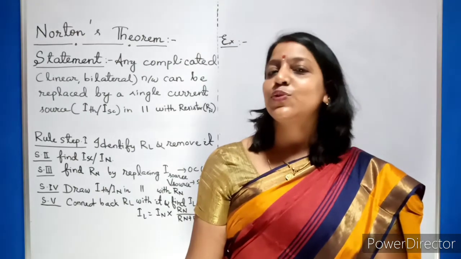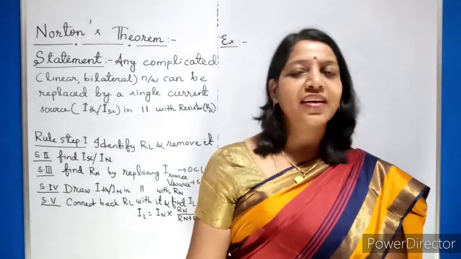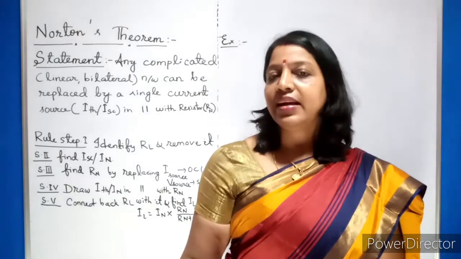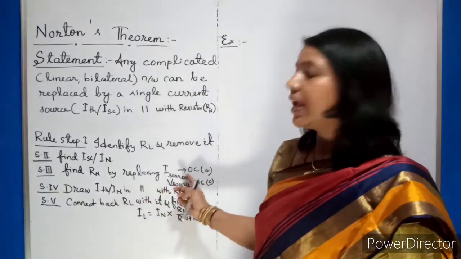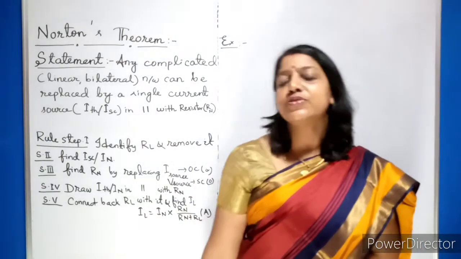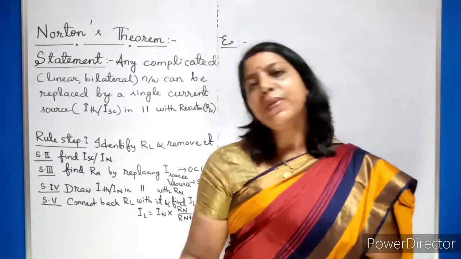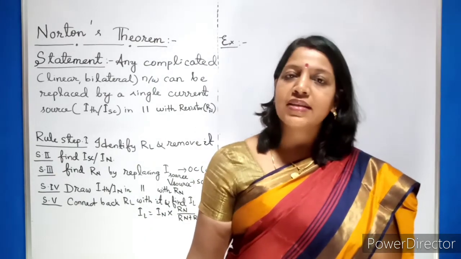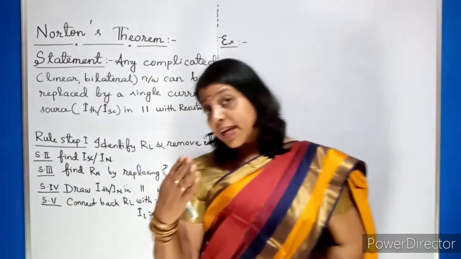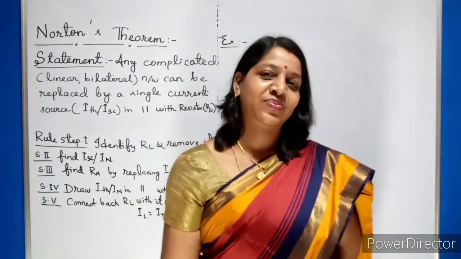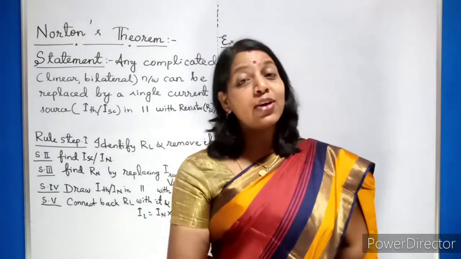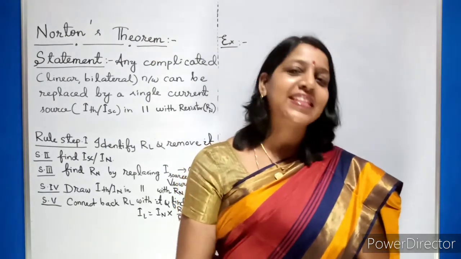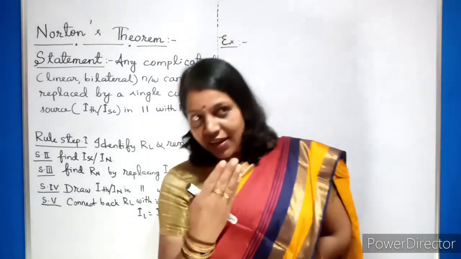Now step 2. As usual, to find Norton's resistance, the active sources should be replaced: a current source by an open circuit, and a voltage source by a short circuit. Replace those and find Norton's resistance, also called Thevenin's resistance, by looking from the side of the load. Then you can easily find whether they are connected in series or parallel. Students always make mistakes at this point. You need to keep an eye on it.